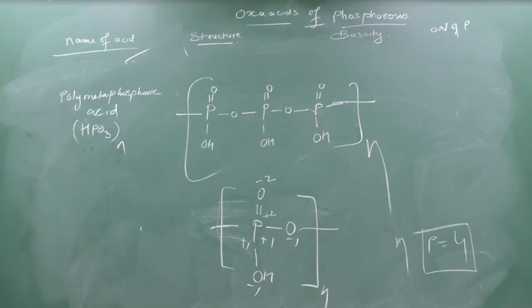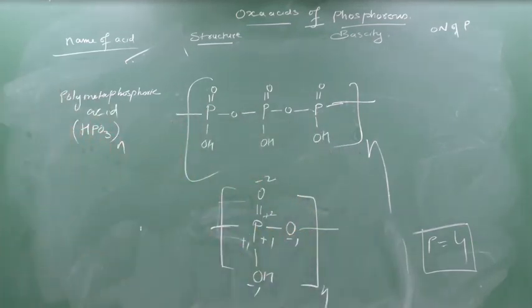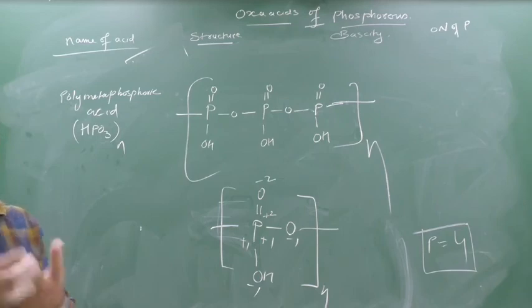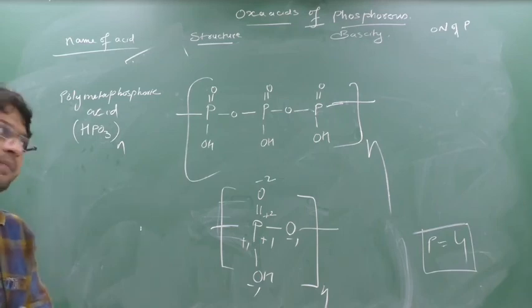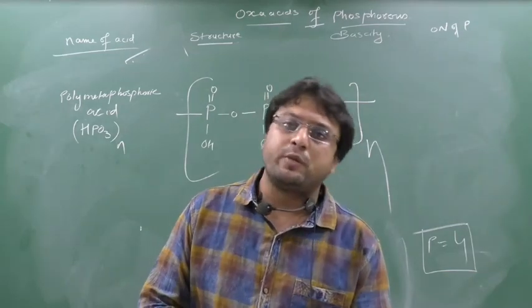That's it. These are only the oxide acids. That much only of the oxide acids you should understand, and you should remember their structure, their oxidation number and their basicity. Clear? In a number of books this basicity is also not given, so do not worry about it. Okay, so these structures you should remember. You should understand the basicity. Structures are important, names are important. I know it's a bit difficult, but if you practice 2-3 times, you'll automatically understand.